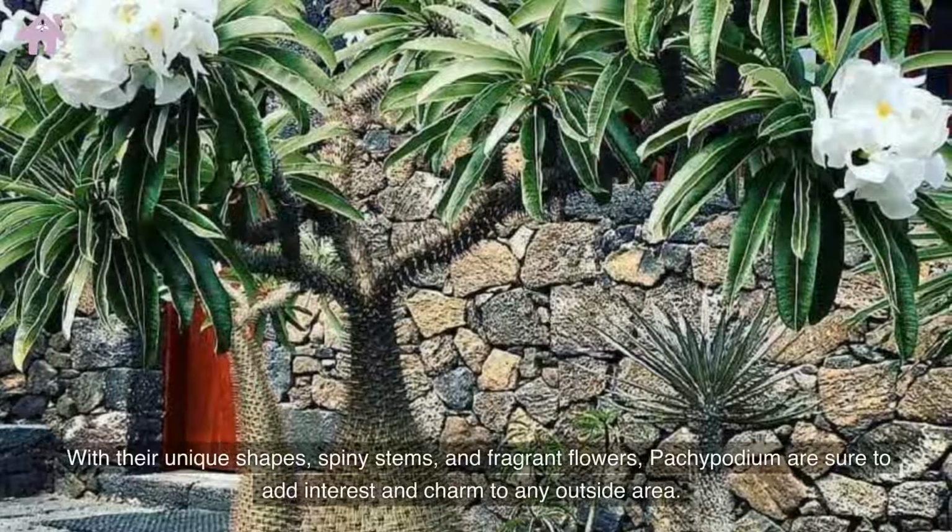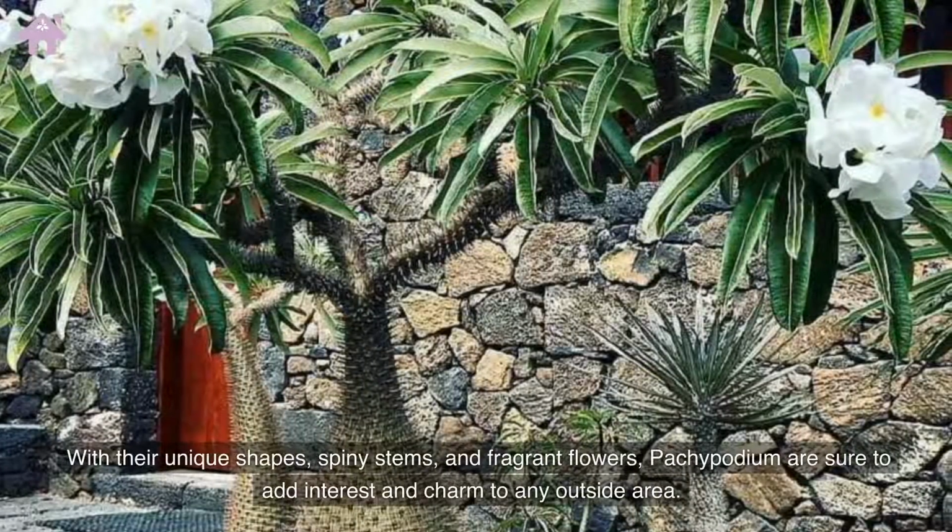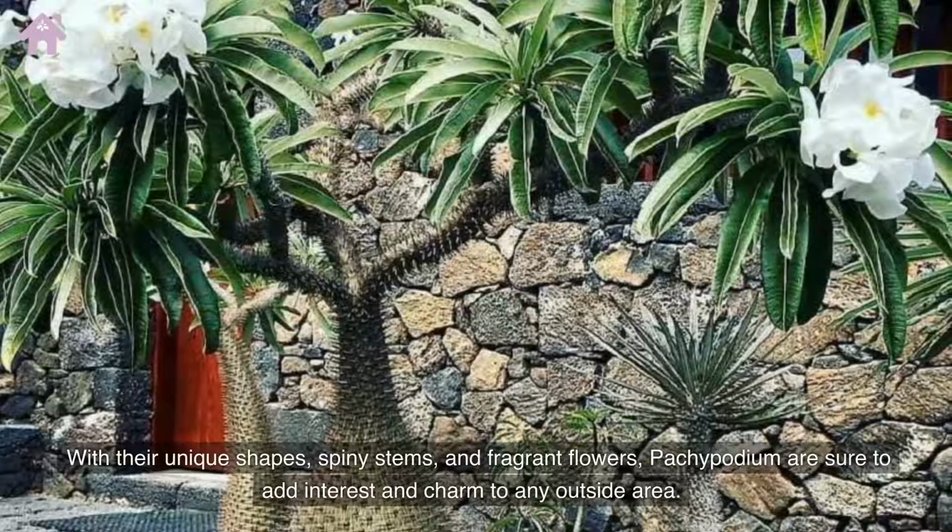With their unique shapes, spiny stems, and fragrant flowers, Pachypodium are sure to add interest and charm to any outside